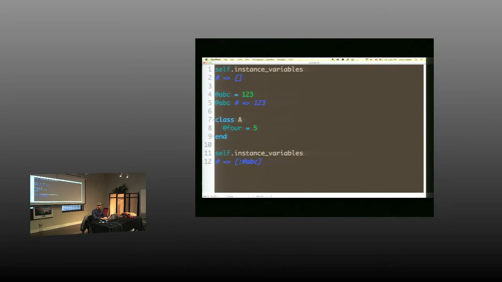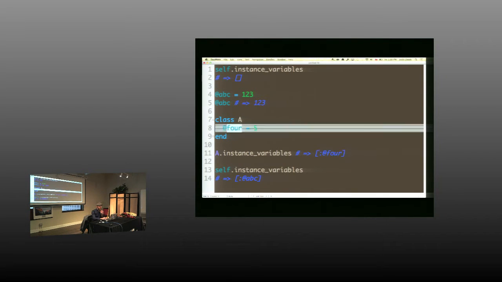So now, if I look at my instance variables, the question becomes, is that one going to change? Am I going to see a 4 in there? And the answer is going to be no. You probably couldn't see that, but it was a no. And if I look in A, well, what instance variables does that object have? What we're going to see is it's got the instance variable 4.